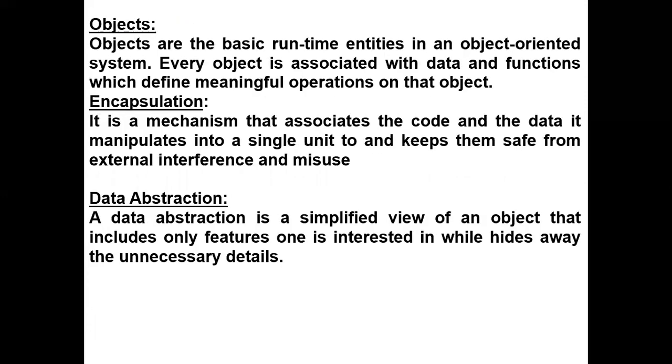First, we will see what an object is. An object is basically a runtime entity of an object-oriented system. We make a class, and a class is actually a logical entity of a program. And when you want your entity to be real or physical, then we have to make the object of